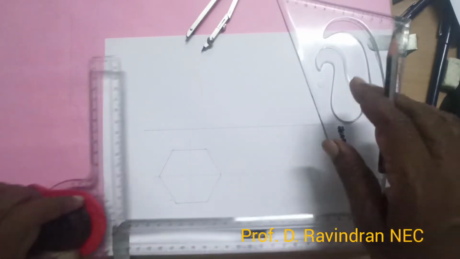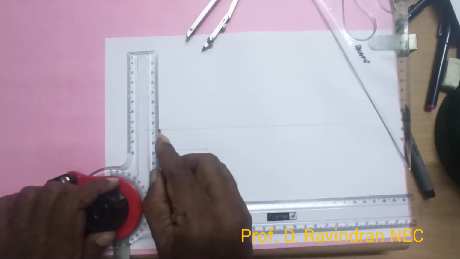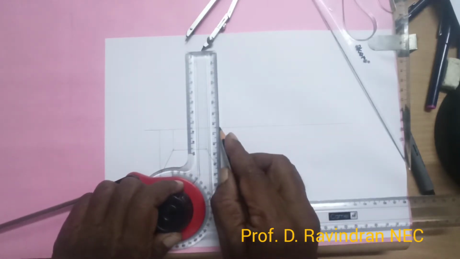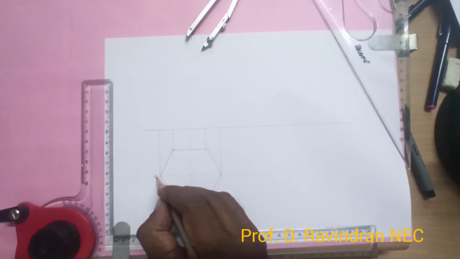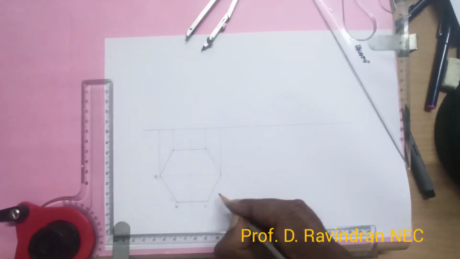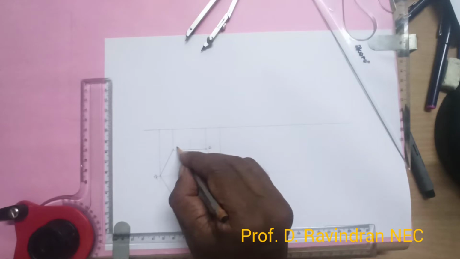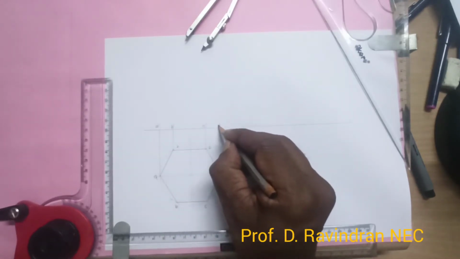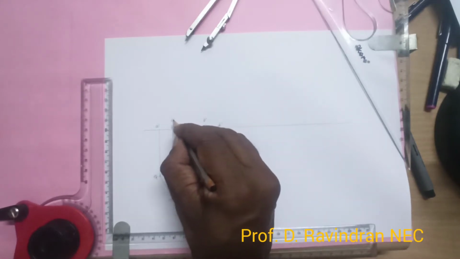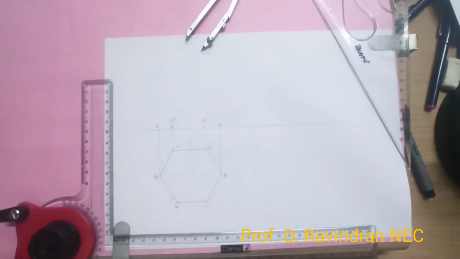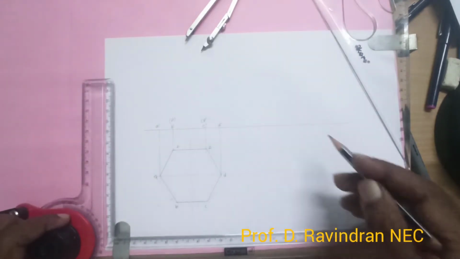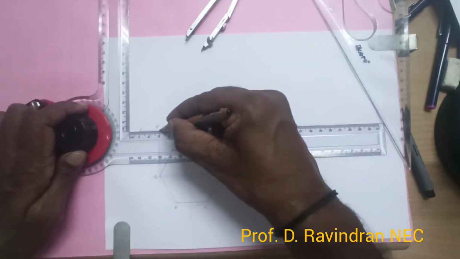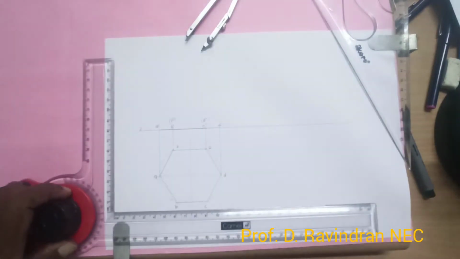And then the surface makes 30 degrees inclined to VP. Before that, you can draw the front view of this hexagon. Now you can name these corners A, B, C, D, E and F. It is A dash, B dash, C dash, D dash, E dash and F dash, and F dash and E dash have to be drawn with brackets since they are not visible from this side. So it is the XY line. This A dash to D dash we will show by a dark line.